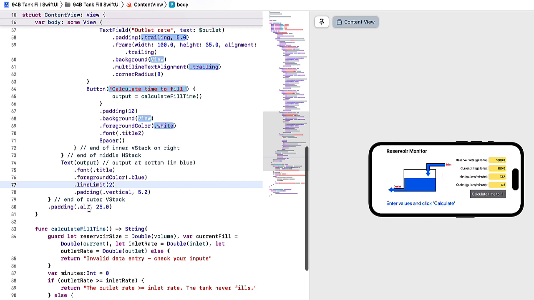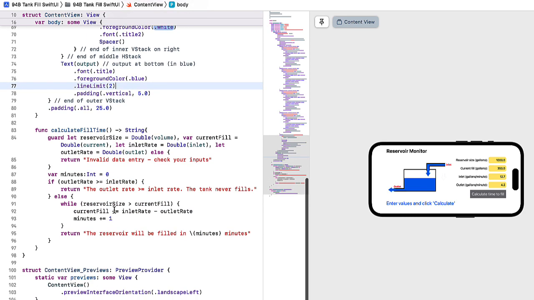Here's my function to do the calculation. I'm going to use guard. And so I say guard let reservoir size equals double volume, var current fill equals double of current, inlet is a double of inlet, and then let outlet rate equals double outlet. So the one I made a variable here is the current fill, so it's going to change. The others are constants. And then if those are not valid, we're going to return invalid data entry, check your inputs. Notice I'm returning a string,